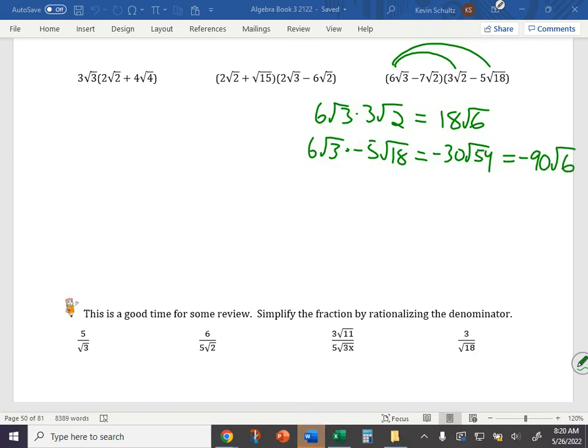9 and 6 is the factor pair that you want for 54. The root 9 becomes a 3, right? This breaks down into negative 30 times root 9 times root 6, or negative 30 times 3 times root 6. And that's where the negative 90 root 6 would come from. So already here, can we see that we're going to have some addition or subtraction to complete? Yes, because we have those like roots with the 18 root 6 and the negative 90 root 6 there. Okay? So the last one, Joey,